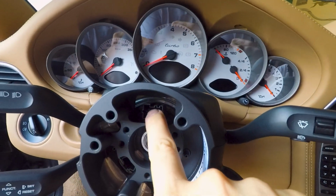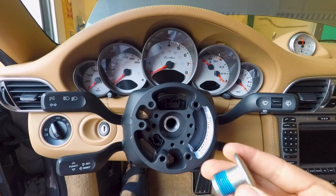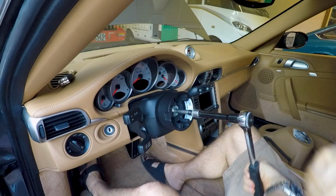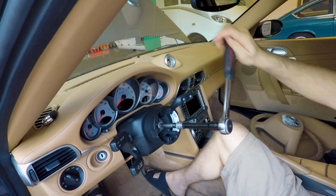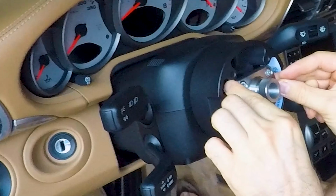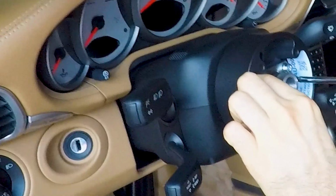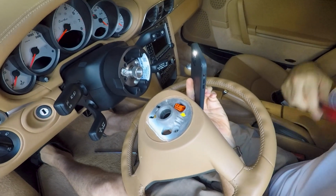Okay, you see the pins and the connector are located in the corresponding slots in the spacer, and you can use the original bolt which was on the car to tighten back the steering wheel spacer on the column. You can apply a torque of 60 Newton meters. Then you can bolt back the steel part of the spacer on the aluminum part. Just tighten the 7 Allen bolts,